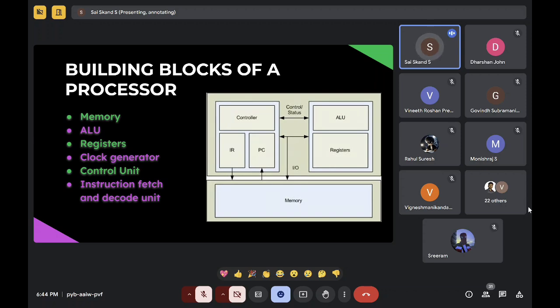And before that I talked about, no one mentioned this, the instruction fetch and decode unit. You told me all the main things, but first of all we need to fetch from the memory, right? Only if we know what instruction is in memory do we know what to do. So those things are important. This program PC and all, you'll get to know. It's basically the program counter. You'll know as we move. So we have registers as well. So everything what you told me, it's there.